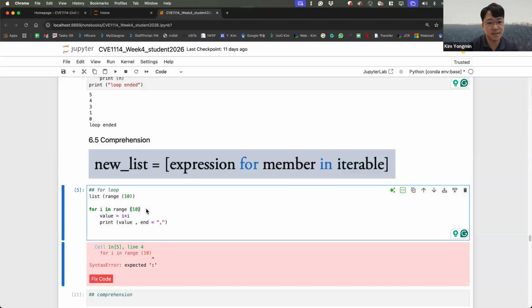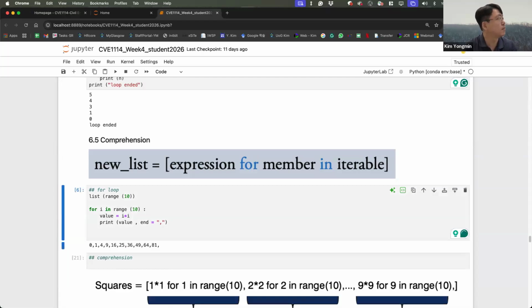Expected, yes. Range 10 means 0, 1, 2, 3, 4, 5, 6, 7, 8, 9, right? From 0.